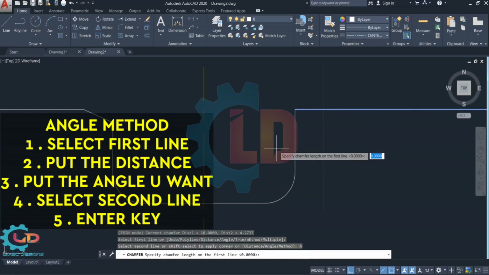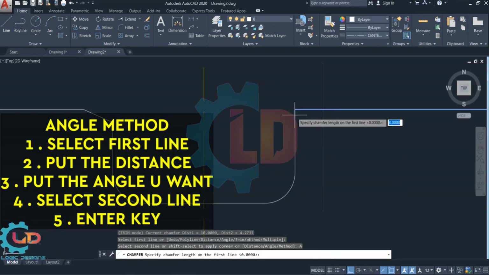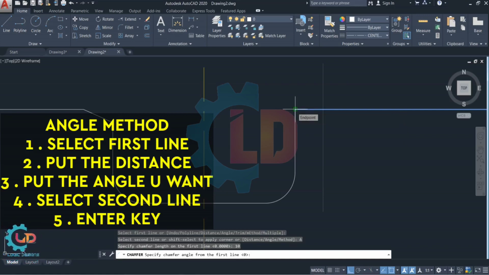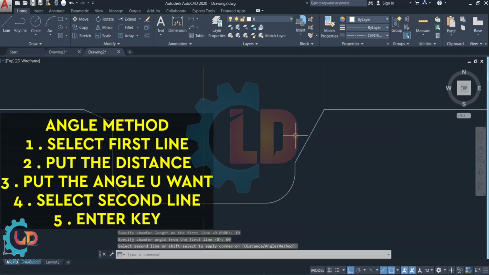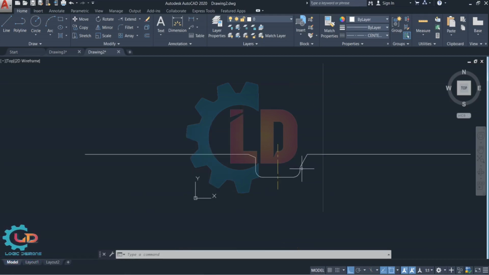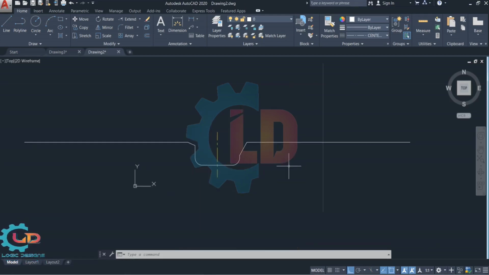I am putting here a 60-degree angle, and distance is 10. Okay, you can see here the 60-degree angle and chamfer is now created. That's it class. This is the chamfer command and please remember CHA plus enter is a shortcut key for chamfer.